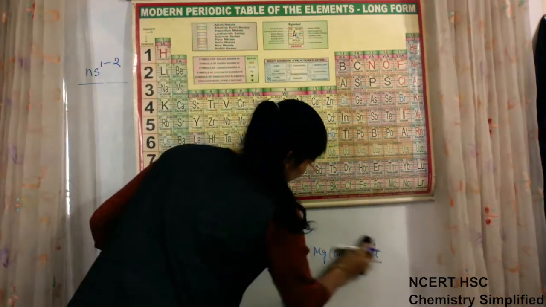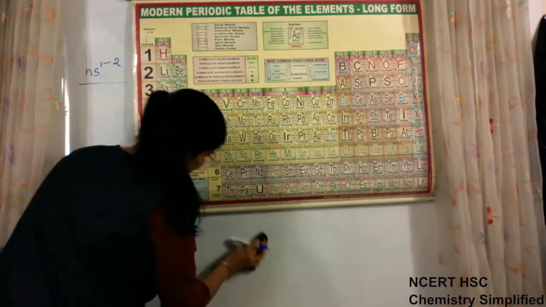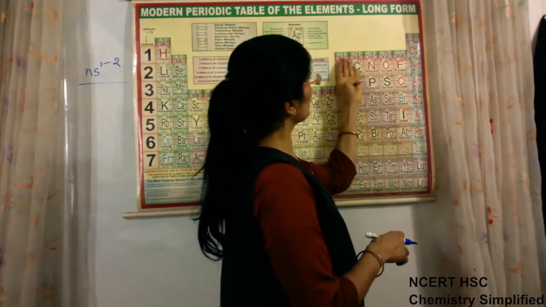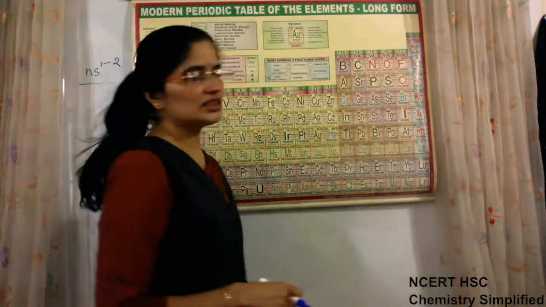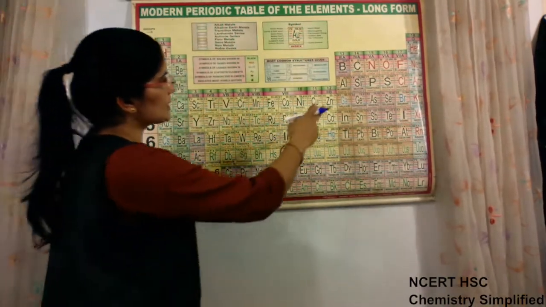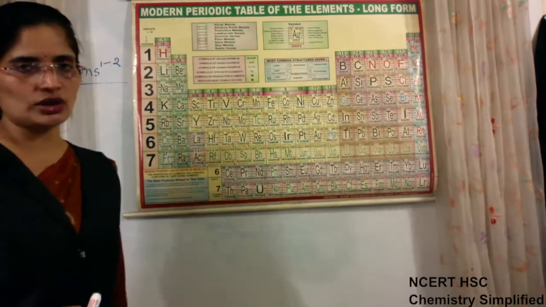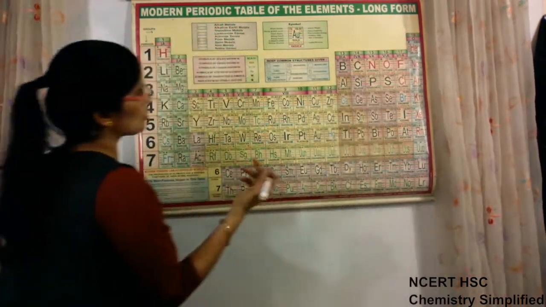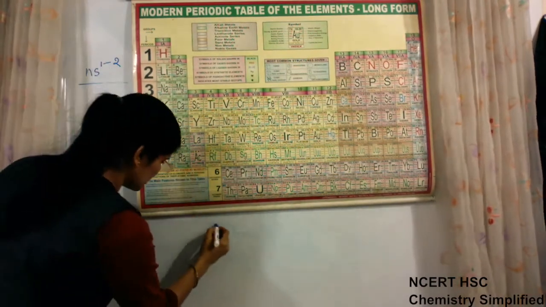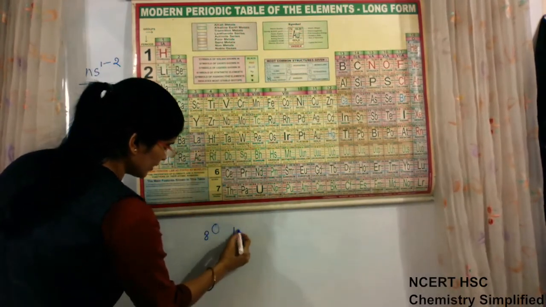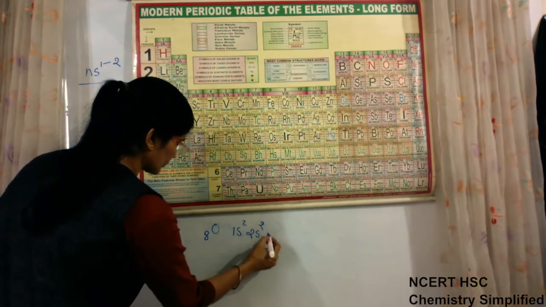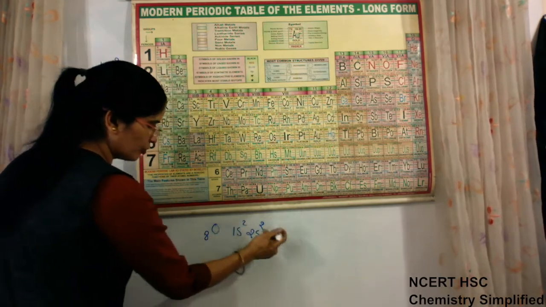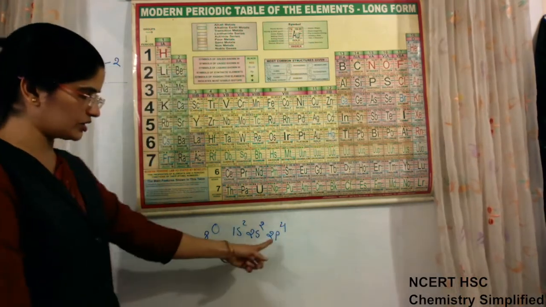Now we come to P block elements. In P block elements, you can see that they start from group 13 and end at the 18th group. These elements are P block elements because the last electron in them enters the P subshell. Take the example of oxygen. Oxygen's atomic number is 8. So it will be 1s2, 2s2. Then 2p: 2 and 2, 4 are filled, 4 more are left. So there will be 4 electrons in P.